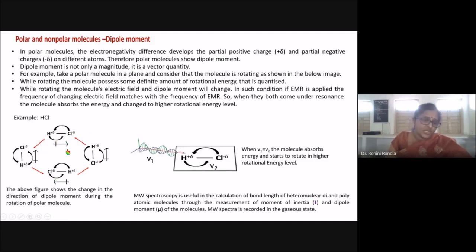Where does the electric field come from, madam? The bonded electrons are moving towards chlorine. In this case it is parallel, and here it is moving towards the right side. In this case downside, in this case left side, in this case upside. So while rotating, the molecule's electric field and dipole moment are changing. So if the molecule is under rotation, it will have some